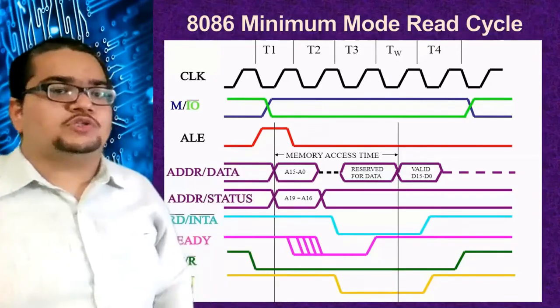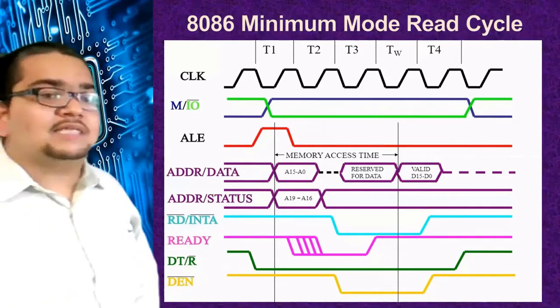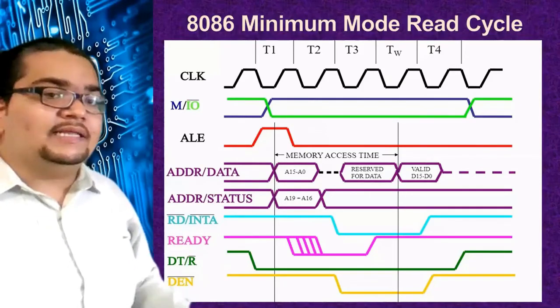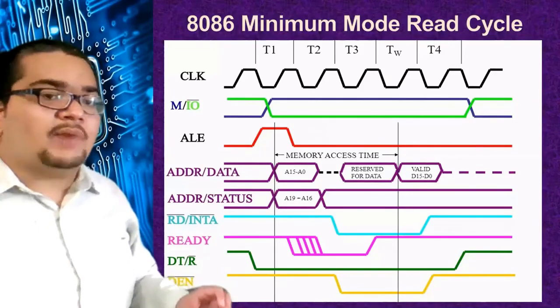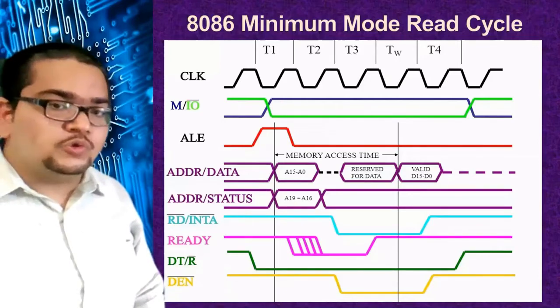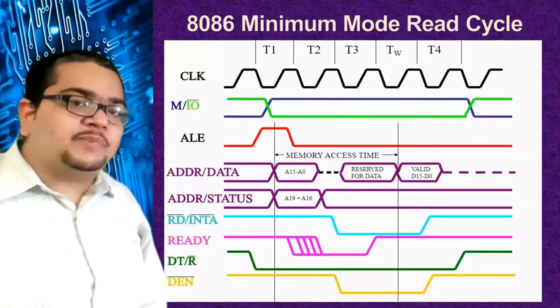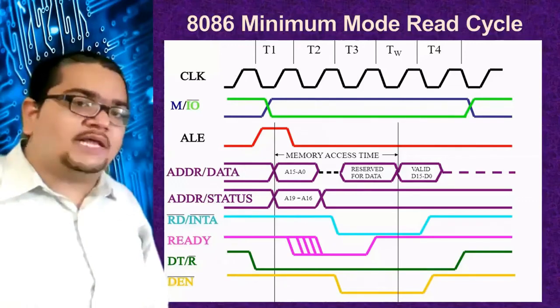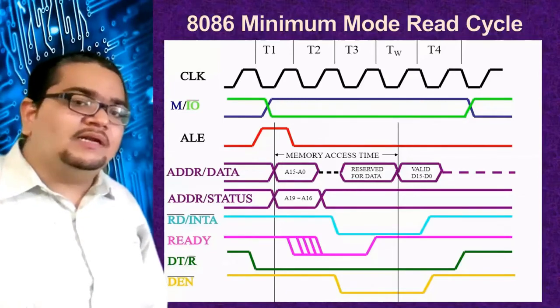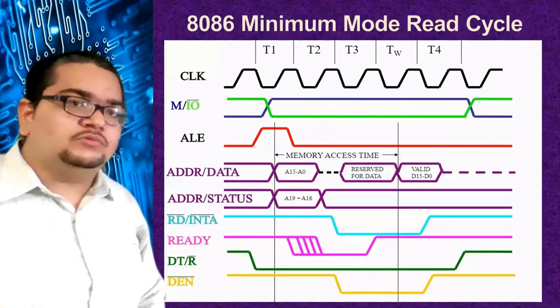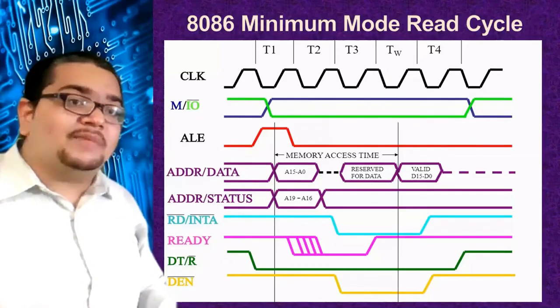So that time, the data that is there on these lines will be lost. Before the loss of data, you can check the last signal here in the yellow color, DEN bar. DEN bar is active low. So the signal goes low at this point, when the bus is reserved for data. You can check the exact synchronization of these lines. When the bus is reserved for data, that time data enable goes down, so it becomes active.